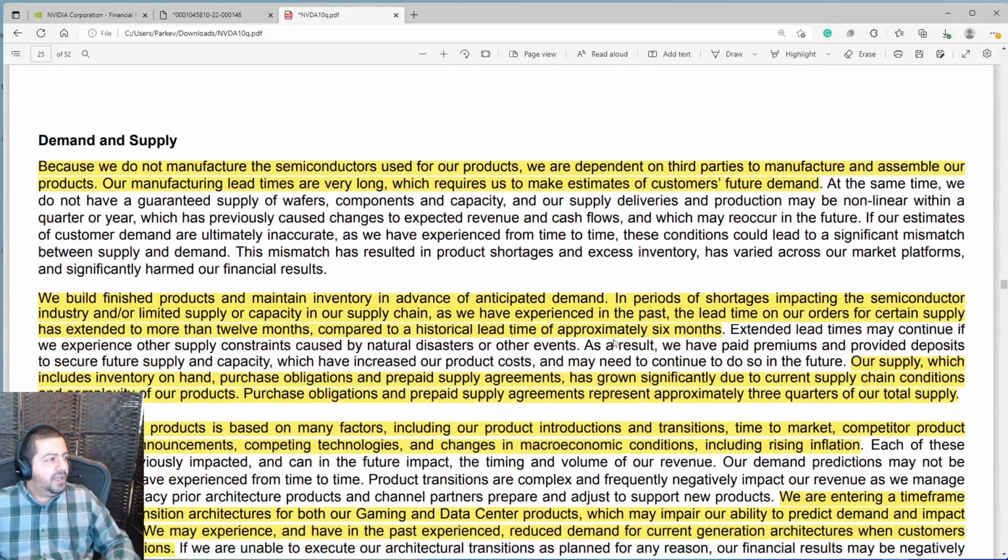Moving along, Nvidia gives us an outlook on how demand and supply is looking for its business, which is also informative. So let's go through this. I've highlighted several segments because Nvidia does a good job in explaining it and being transparent with its investors. So let's see what they've said here. Because we do not manufacture the semiconductors used for our products, we are dependent on third parties to manufacture and assemble our products. Our manufacturing lead times are very long, which requires us to make estimates of customers' future